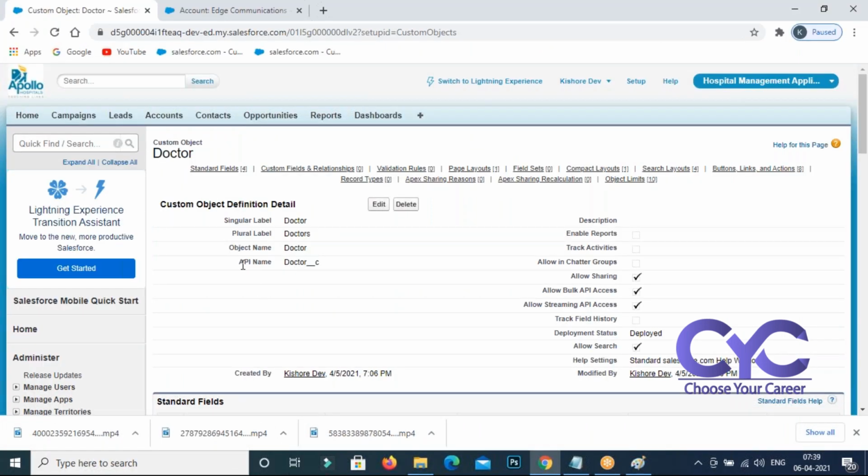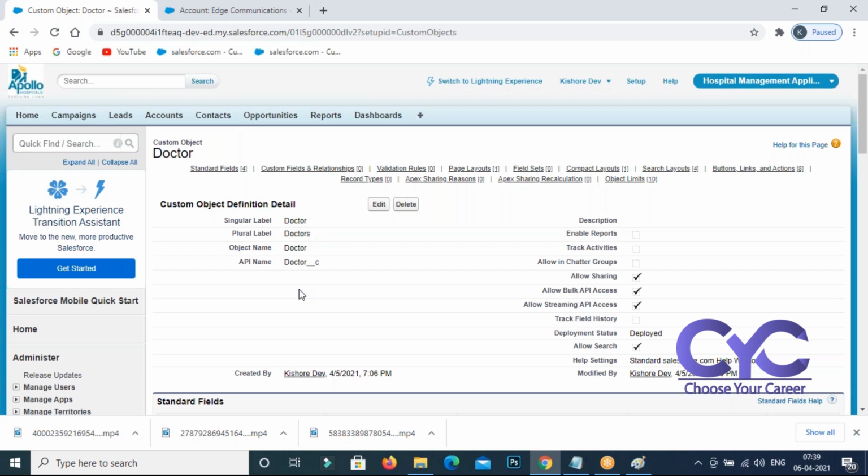So whenever you start programming on this object, it cannot understand this one, but it can understand this one. For every object you create, Salesforce is going to provide you 4 standard fields. Not only Doctor, you can create Patient, you can create some ABC object, XYZ object.